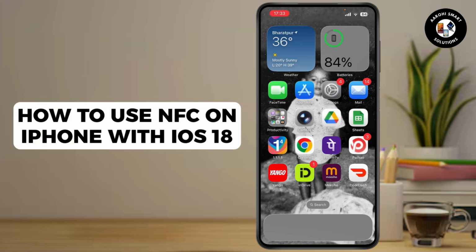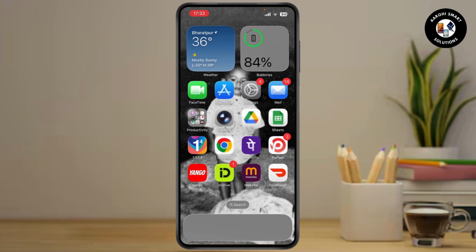How to use NFC on iPhone with iOS 18. So if you want to turn off NFC, or if you want to use the NFC on your iPhone iOS 18, unfortunately, we cannot do it anymore in these settings. So if you want to do it on your iOS 18, then you need to open the application, which is